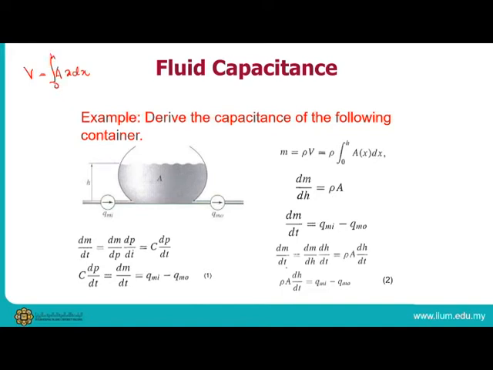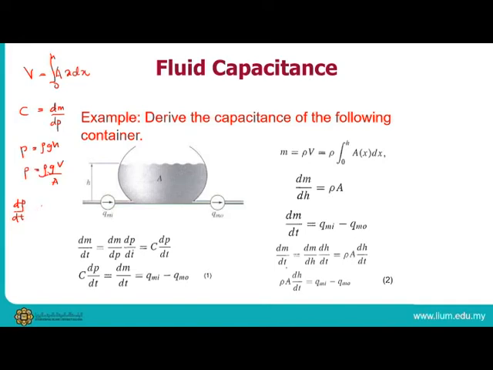So basically the h changes with time, right? So when you try to calculate the C, which is the capacitance, you already know the capacitance is equal to dm over dp. Pressure is equal to rho g h, and h is equal to V over A. Right, so P is rho g V over A, and then dp over dt,